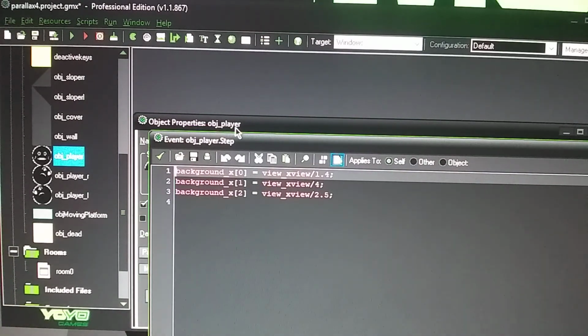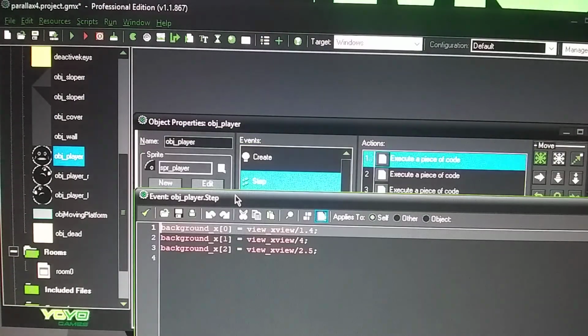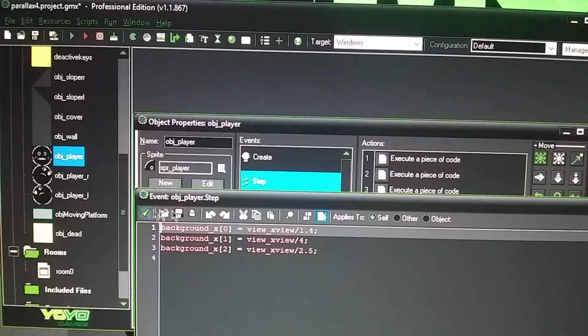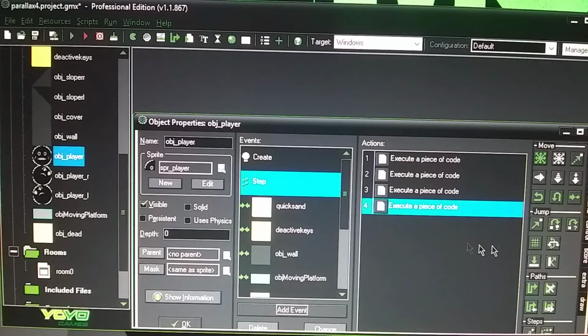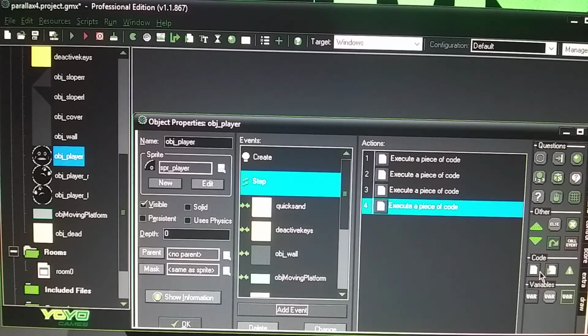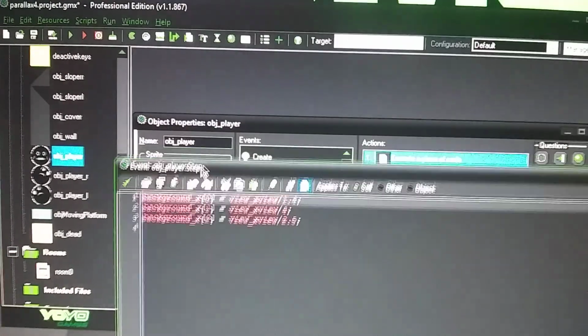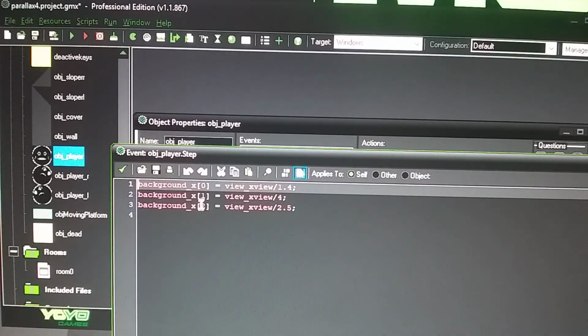So for your object player, you have a code in there for the step event, and just go to add event, go to step, then bring over a code sheet from the control tab, and then you want to add this: background_x[0] = view_xview / 1.4;